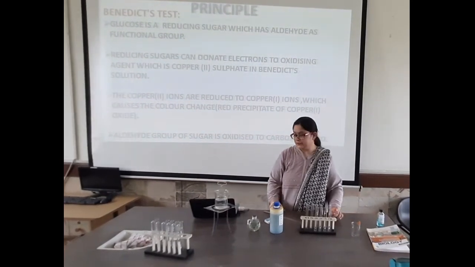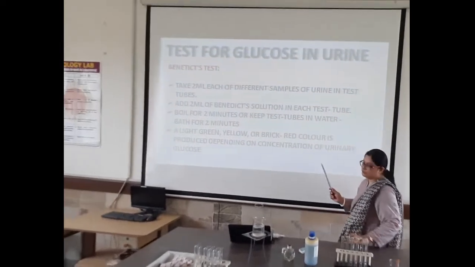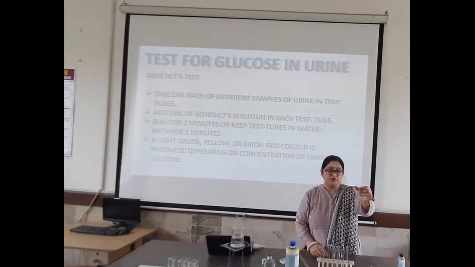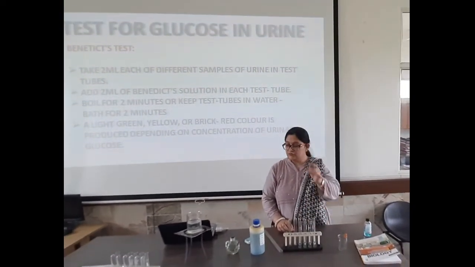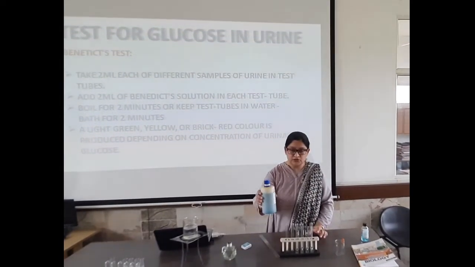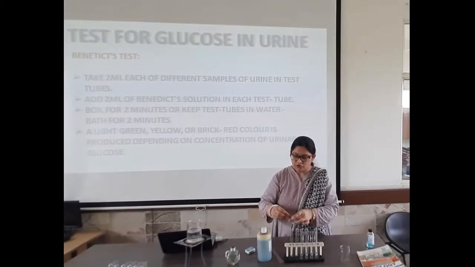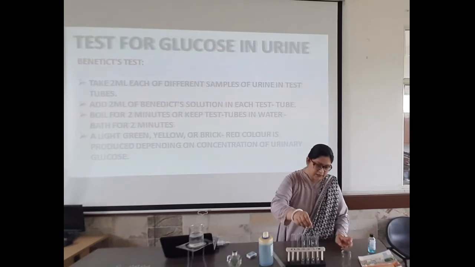insulin in our blood. Now students, here you can see the test for glucose. So how to test for glucose? Take 5 ml of urine sample in the test tube. Here I have taken 4 samples and we are going to heat them one by one. Before heating we pour Benedict solution. Now let us pour 5 to 6 drops of Benedict solution in each sample.